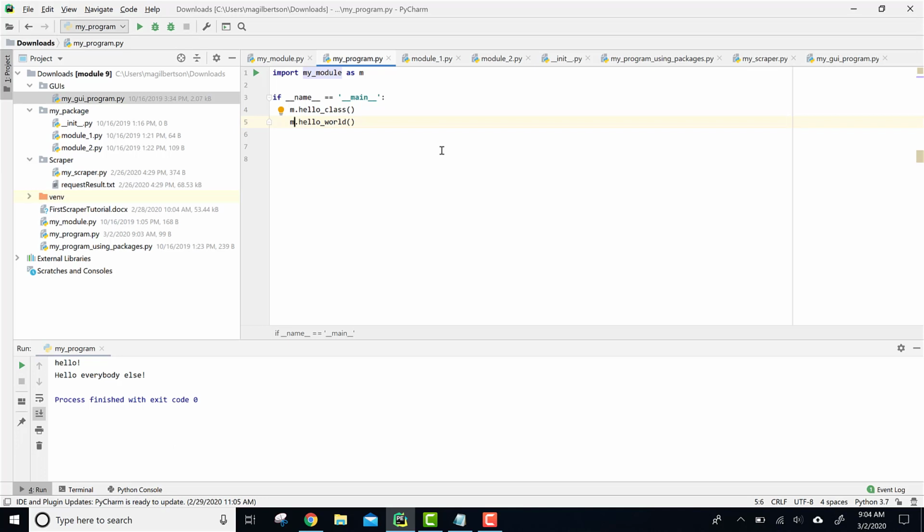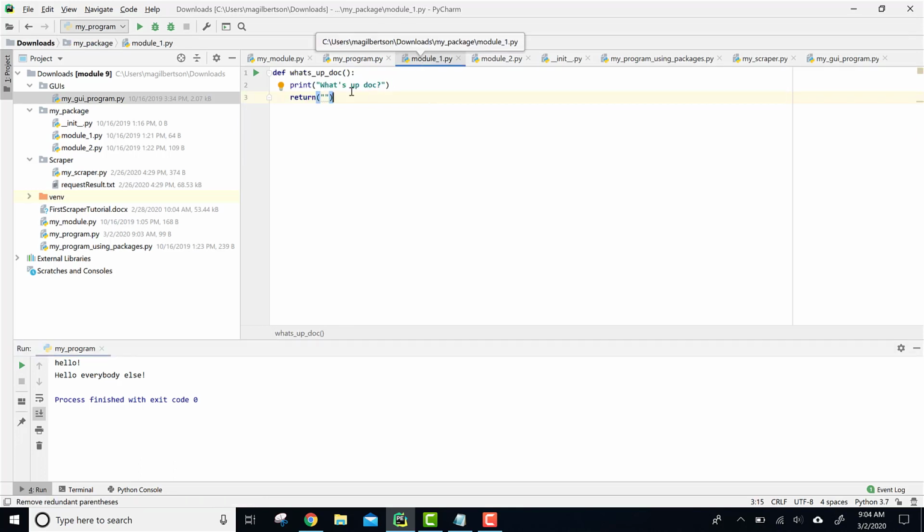This is the same thing. You can have multiple modules kept within a package, and then you can pull all of them into your program or just a portion of them depending on what you need to do. So here you can see I've got module 1, and this is going to be one of the modules in my package, and it just basically says create a function, what's up doc,